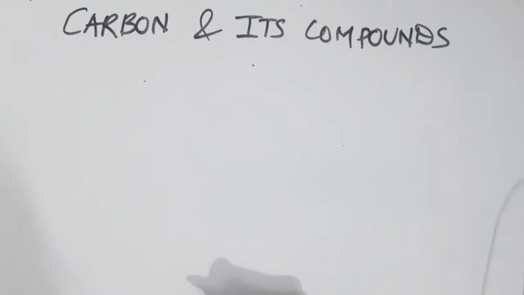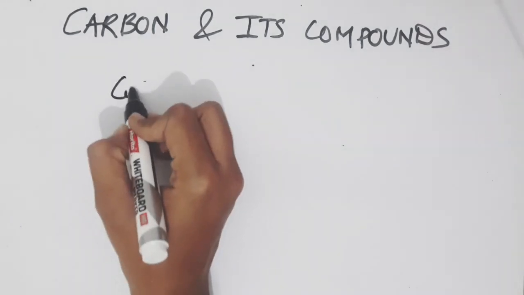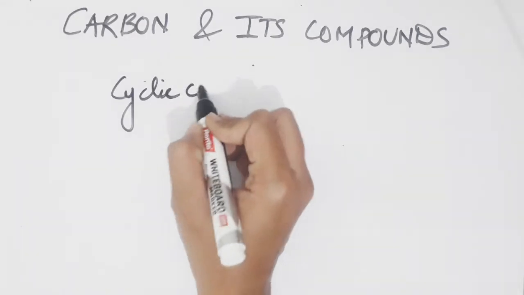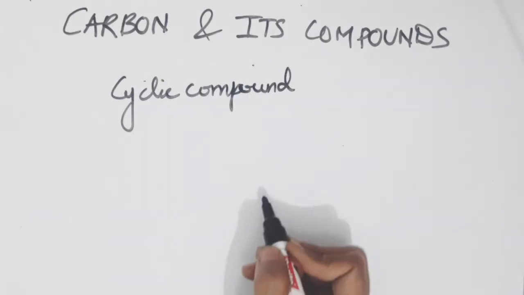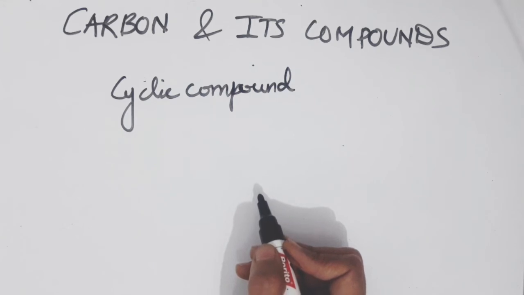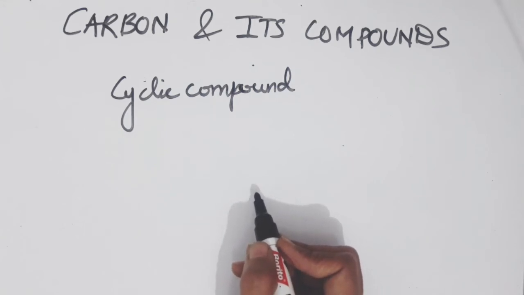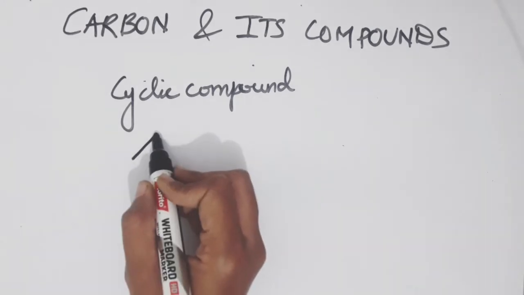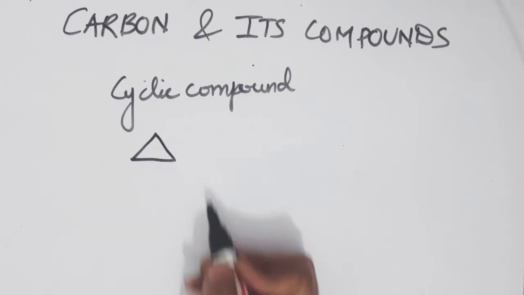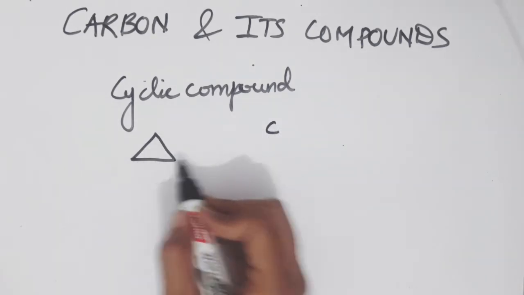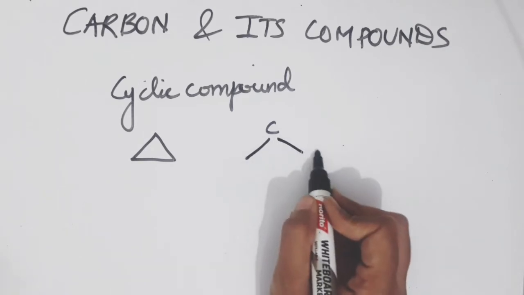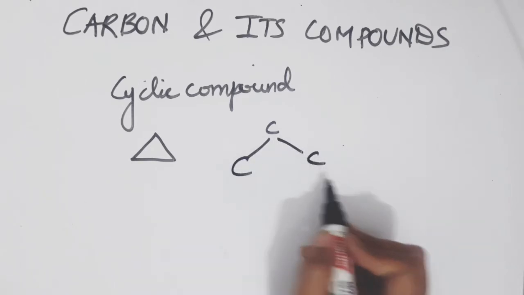Now the next class of compounds are the cyclic compounds. These are of 2 categories. One contains only single bond and the other are the benzene structures having alternate single and double bonds. So cyclic compound, as we have discussed first, this is a cyclic compound. It has carbon, the corners represent the carbon atom. So here also we will have carbon, here also we will have a carbon.